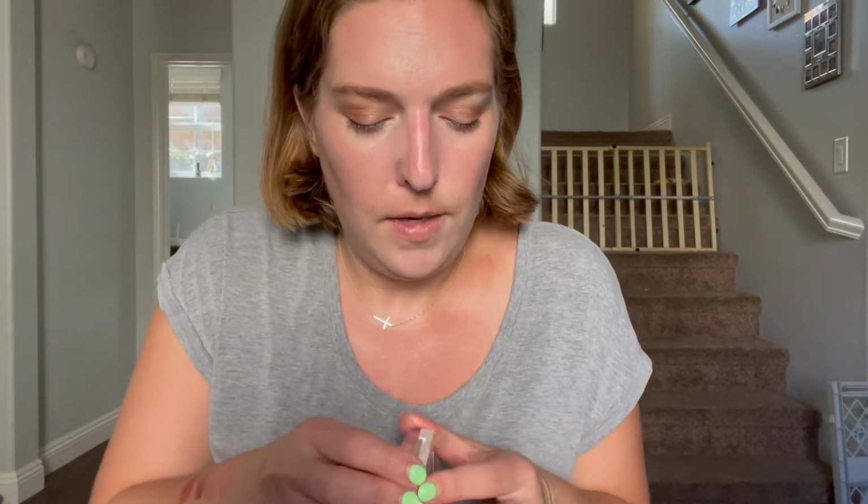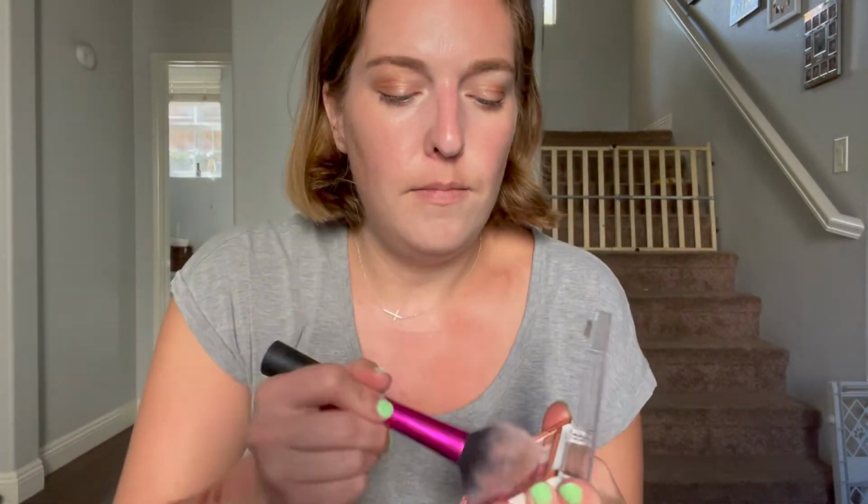I'll also say the packaging is like really hard to open. Like my nails are long right now, so I'm like nervous I'm gonna break my nail. They don't really pop open great. And the packaging is kind of cheap in my opinion, but it's fine. It's fine. Okay, so I just opened it up and I'm gonna, all right, so let's add this onto the,